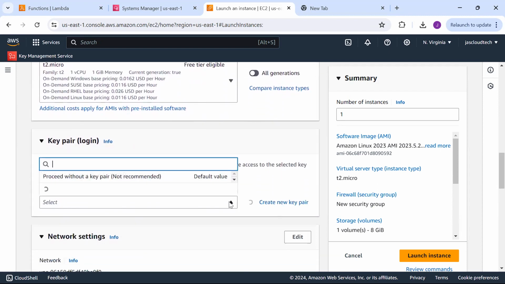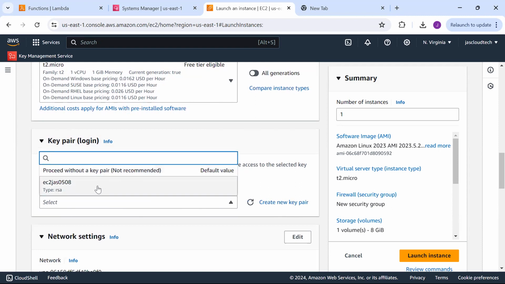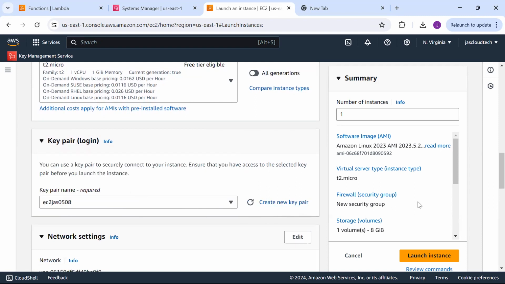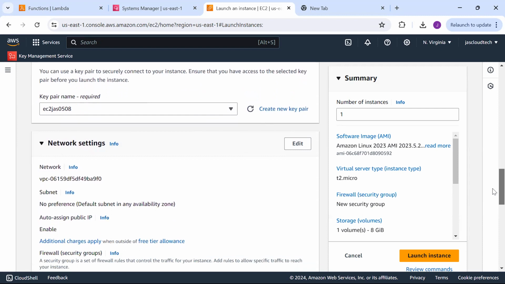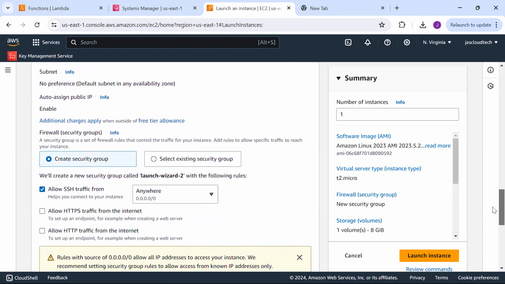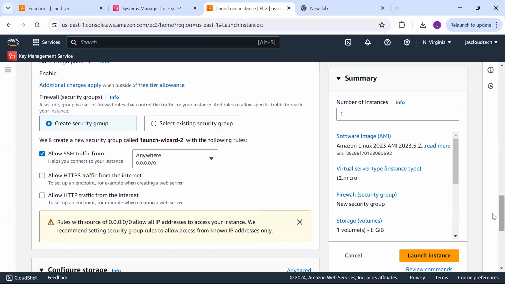And if you have the key pair, I'm already using my existing key pair. So if you don't have, you can just create it in case of recovery and all. So create security group, rest of the things. So you can disable this one also if you want. So let the rest of the things be there by default. So no need of changing any network settings or storage or anything like that. Nothing to be done. But here, the most important thing